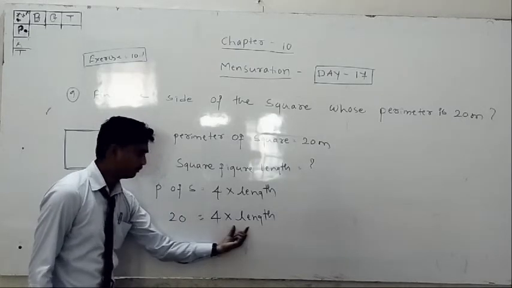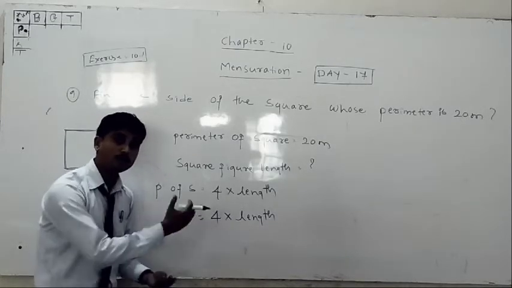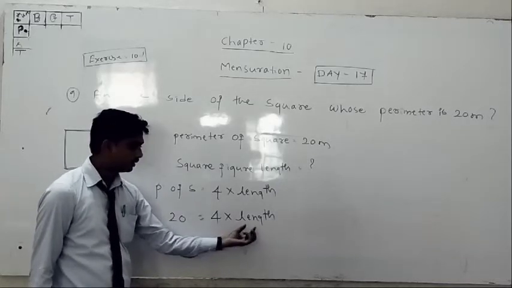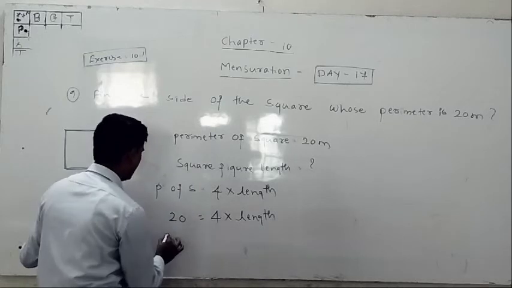In this formula, what we want? Length. The measurement of length we want. That's why you take it outside. Length